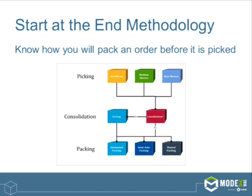So the thing that we like to say is you have to know how you're going to pick, or how you're going to pack every order before you pick it. We call that start at the end methodology. And the reason is,